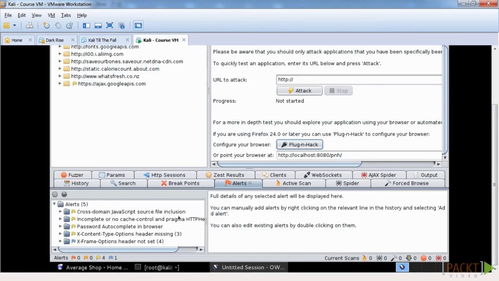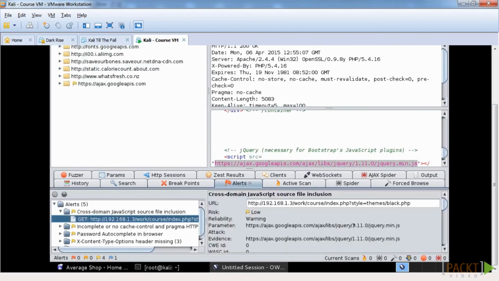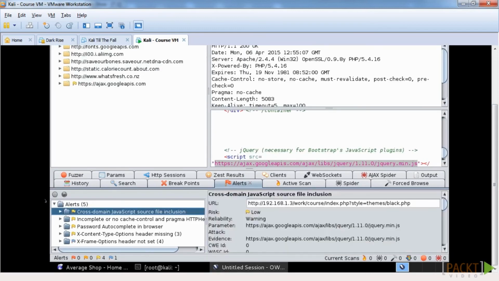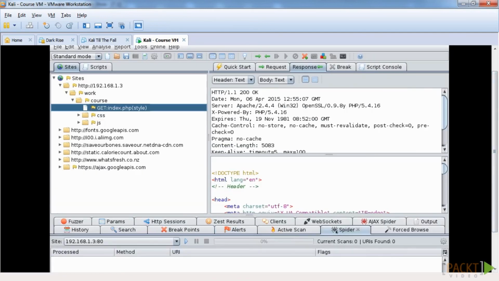So we have cross-domain JavaScript source inclusion, so I'm basically having a third-party JavaScript, the Google API, I believe, yeah. Also we have other things like content type and X-Frame-Options. If we just go ahead and use the spider option here,